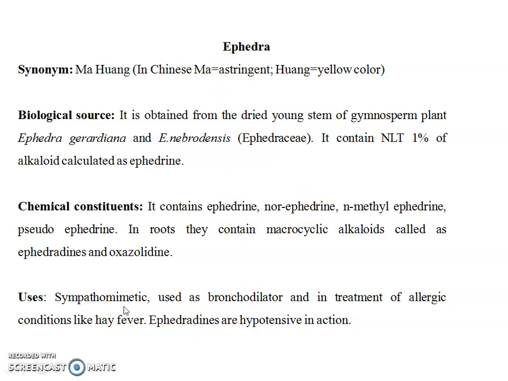So this is how you can simplify things in learning pharmacognostic characters. Now in ephedra, what do you have to remember? Two things only: one is the synonym Ma Huang, and the other is the dried young stem. Apart from that, everything else is the same as the plant name. I hope that each and every student has learned how to simplify things in the pharmacognosy subject.